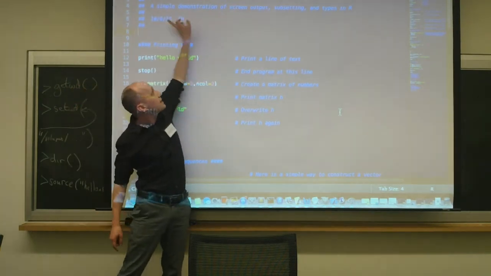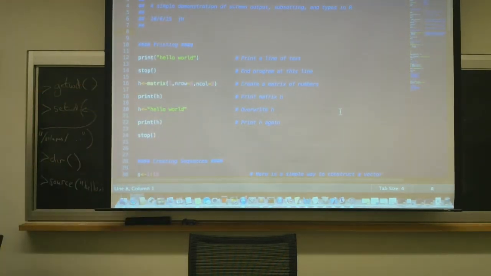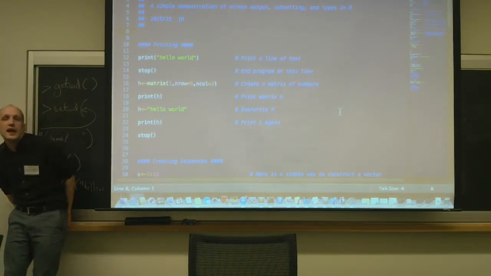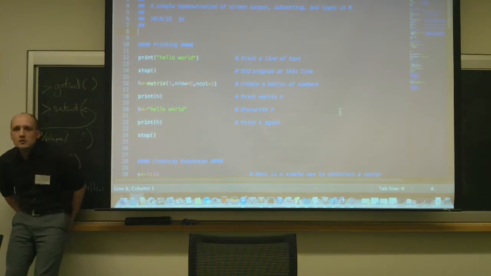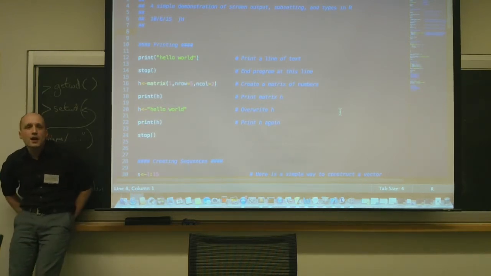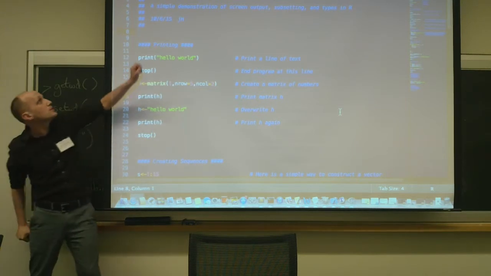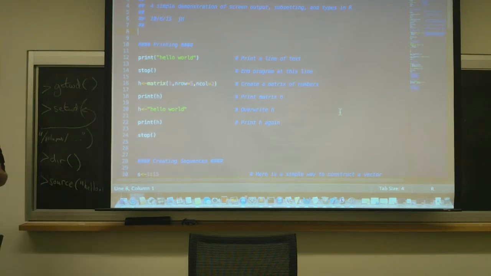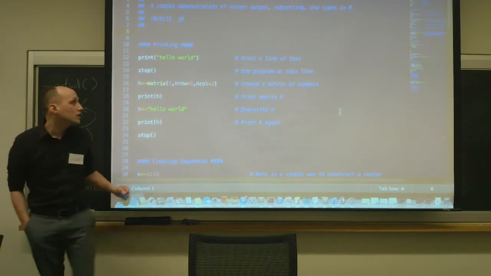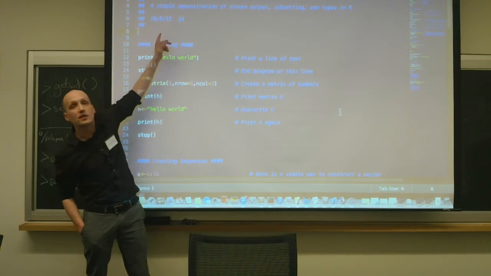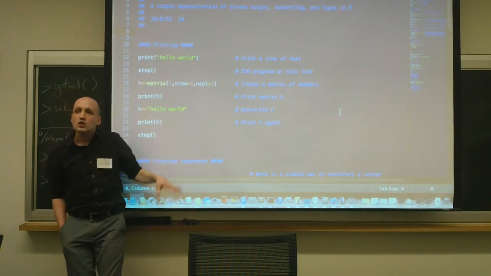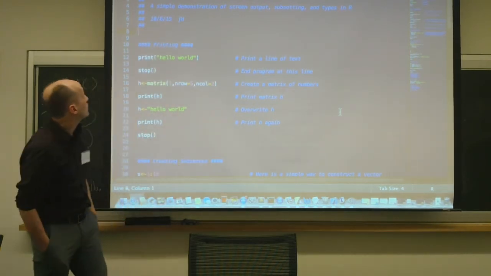Also try to keep these descriptions up to date. Just give yourself a one or two line description of what this code was trying to do, because you're going to forget. A couple of weeks from now, you might say, I want to draw a plot, and this plot's going to look just like a plot I did two weeks ago for this other algorithm. I'd love to recycle some of the plotting commands, and I just cannot find that thing. If you keep some reasonably straightforward descriptions, that might clue you in. Obviously, you can include lots of good comments in your code, but it's easier to read the headers than to work through 20 or 30 different files until you find the comment that you're looking for.